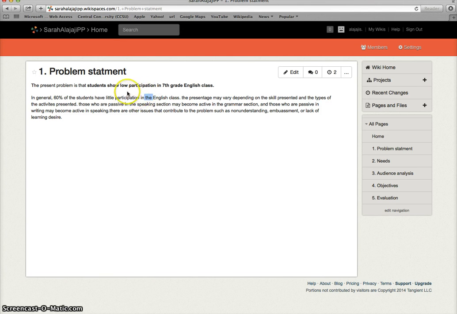When you design problem-solving activities, you've got to have a real problem to solve, or else it's just academic. There's no way to prove that you've solved anything or done anything to improve it. So you want to think of something specific, like the last class that you had, or a 7th grade class, and you would write: students show low participation in 7th grade English class as evidenced by low grades, not returning homework. So you've got to prove what you're saying.